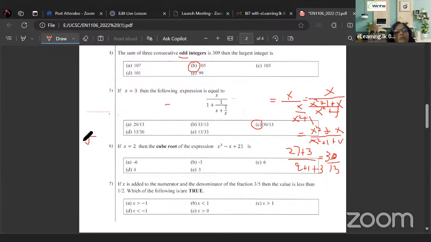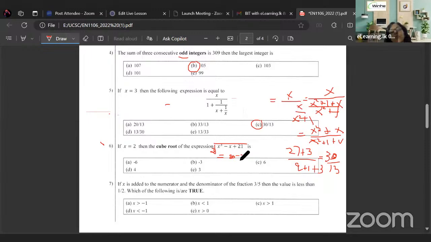If it is cube root, this means the third root. So if you consider this as x cubed minus x plus 21, x cubed is 8